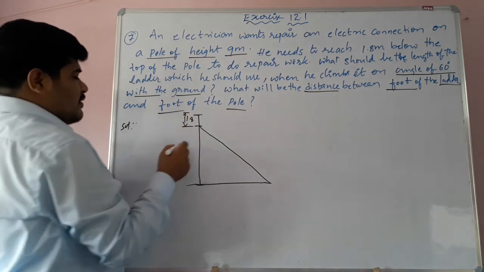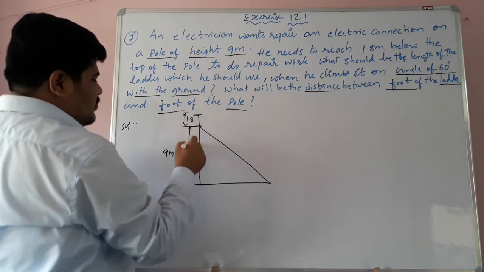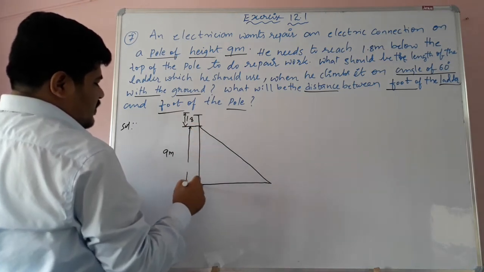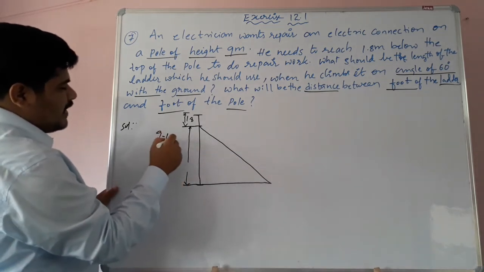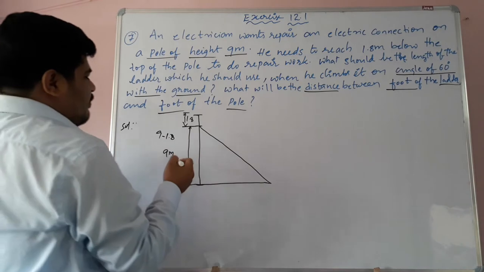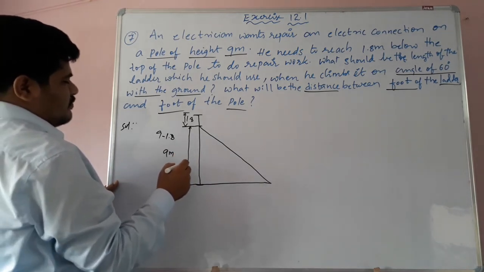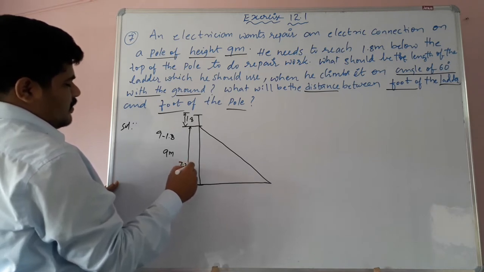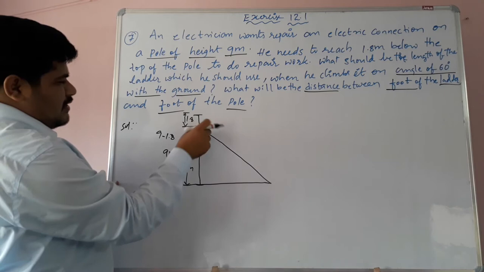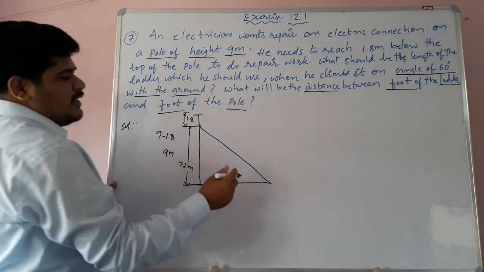This height will be 9 minus 1.8. So what will be 9 minus 1.8 value? 7.2 meters. So he is reaching 7.2 meters of the height of the pole, and that